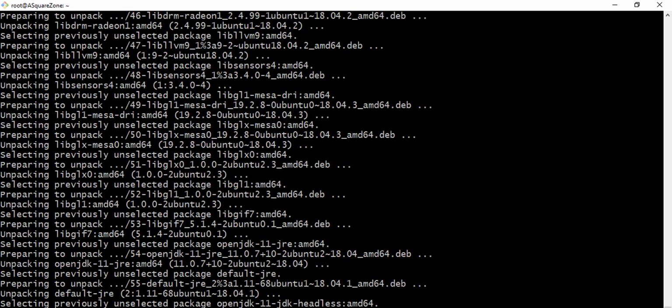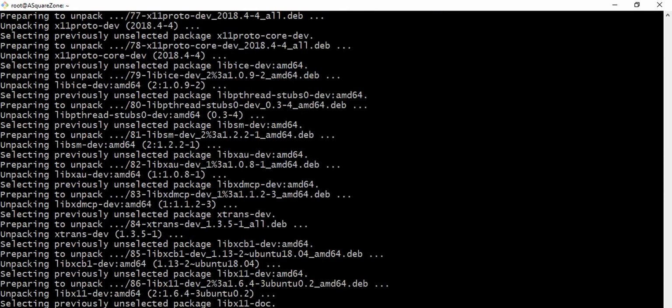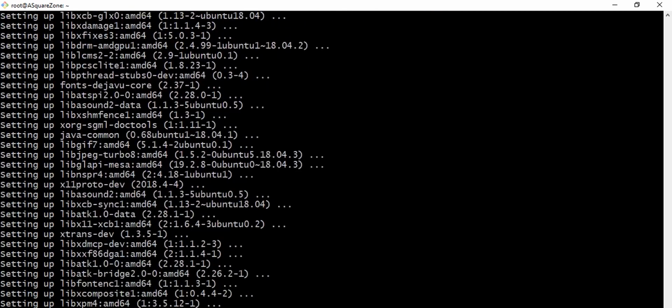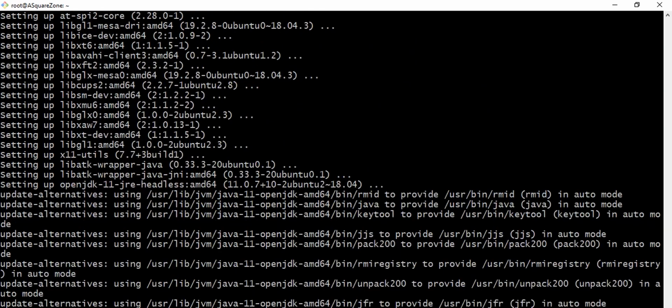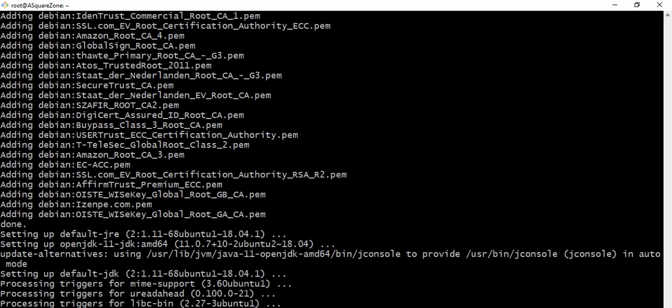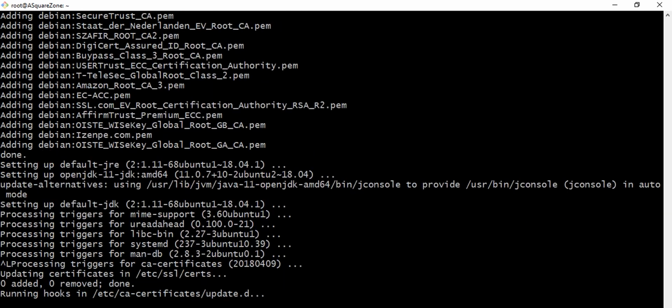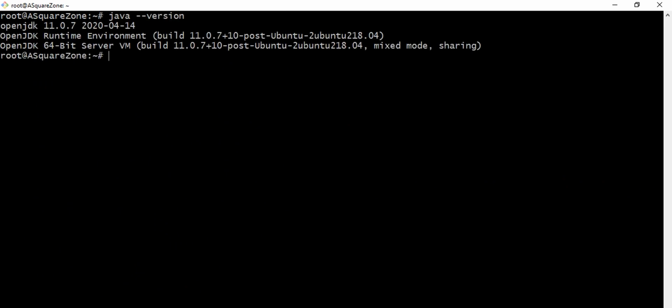Here we will check which version of Java is installed again. Yeah, it's processing and it's adding all Debian packages here. We'll see which version of Java is installed.